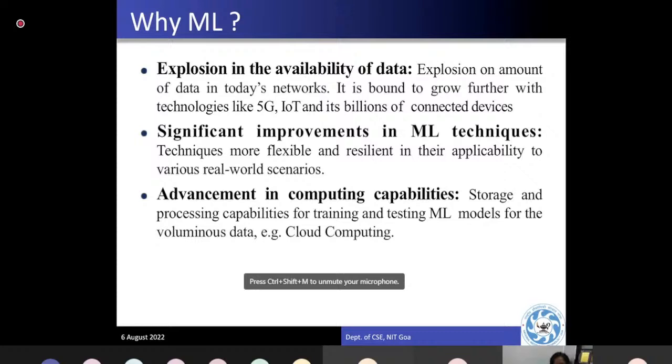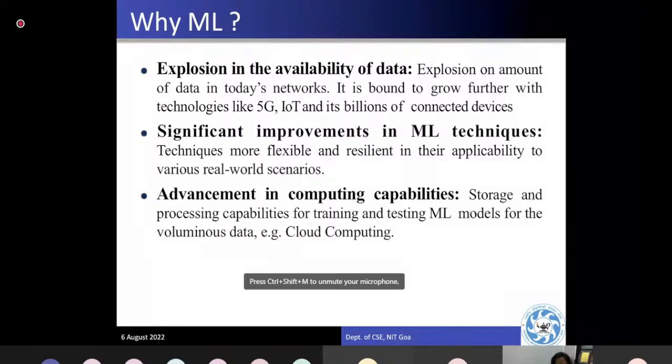When I say good network, it means the performance of the network has to be increased. Performance from different points, I will come to in more detail. Significant improvements in machine learning techniques. As I said, one point is the huge explosion in the data, which is the requirement of machine learning. Another point is the different techniques which are very nicely designed or developed these days, different ML techniques. Very famous are all the deep learning techniques these days, right?